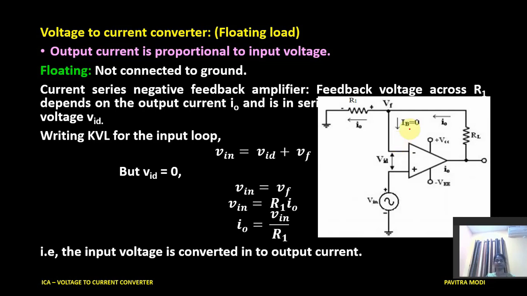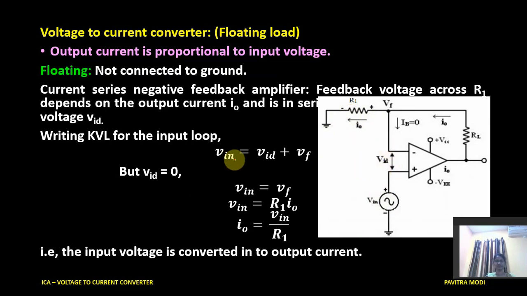Now writing KVL at the input side, here we have Vf, here Vin, and here we have Vid. If I write from this direction, here minus plus, here plus minus, and here, as the current is going to flow in this direction, here plus minus. Therefore this is said to be different from these two. Therefore I can write Vin equal to Vid plus Vf, but Vid is equal to 0